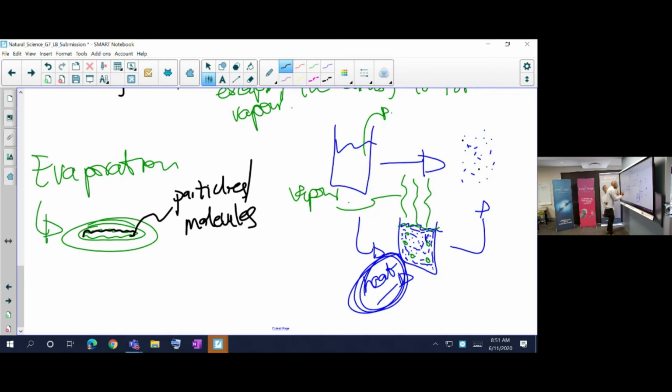They will gain enough energy given the pressure and temperature to escape the surface, and as time goes, bit by bit, we will have these evaporating out,